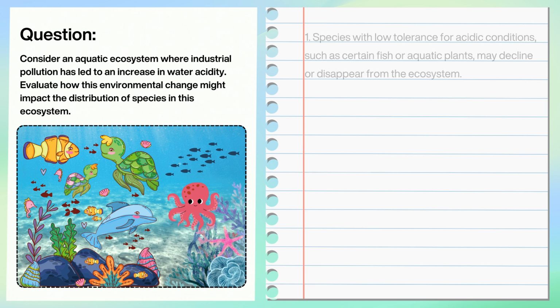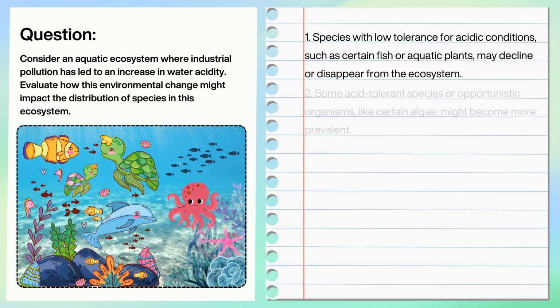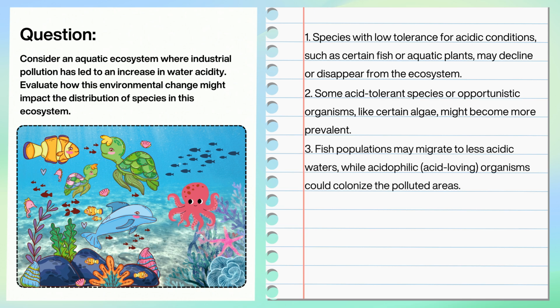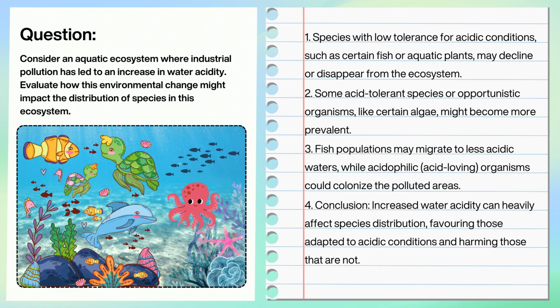1. Species with low tolerance for acidic conditions, such as certain fish or aquatic plants, may decline or disappear from the ecosystem. 2. Some acid-tolerant species or opportunistic organisms, like certain algae, might become more prevalent. 3. Fish populations may migrate to less acidic waters, while acidophilic, acid-loving organisms could colonize the polluted areas. 4. Conclusion. Increased water acidity can heavily affect species distribution, favoring those adapted to acidic conditions and harming those that